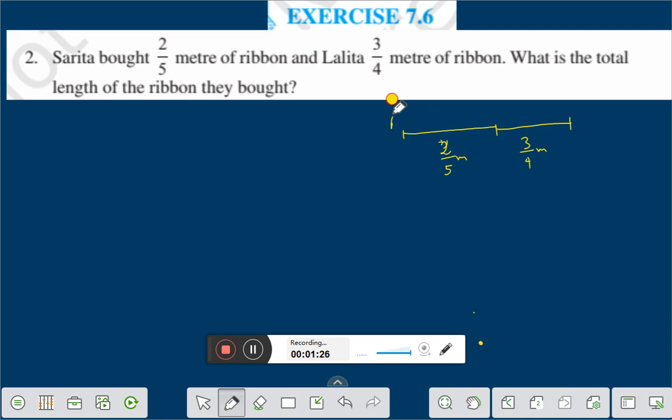Suppose this is the length of Sarita, that is AB, that is 2 by 5 meter, and B to C is the length of the ribbon of Lalita. And what is the total length? Total length is AC, therefore AB plus BC. That is the total length of the ribbon. Therefore, the solution is